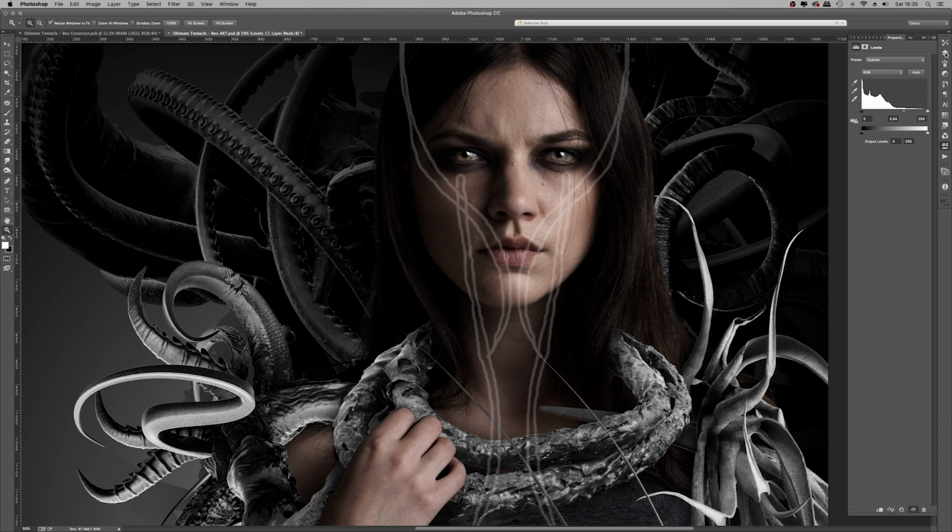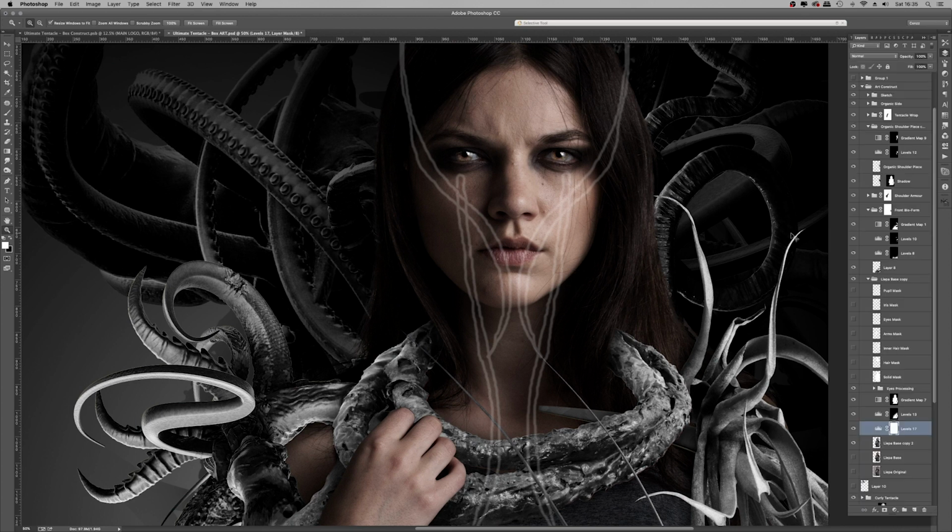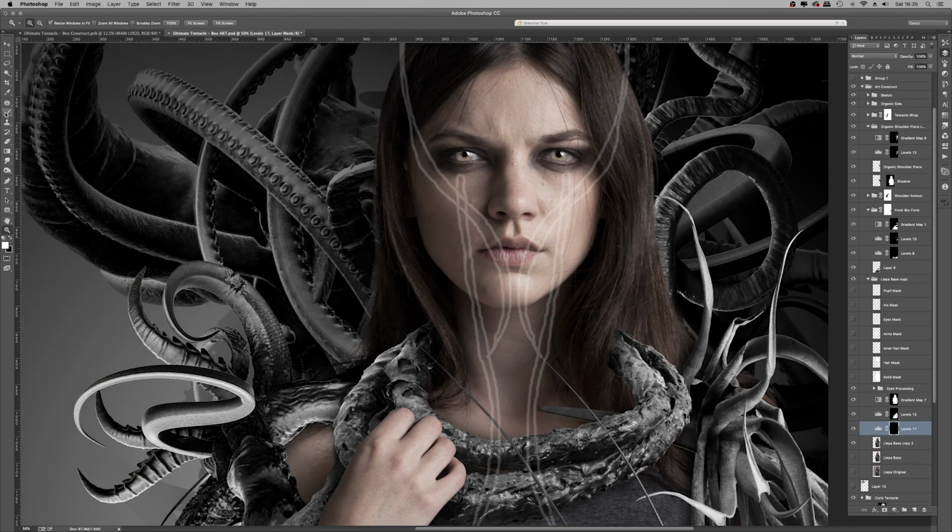Okay, now this is a very quick and dirty dark eyeshadow technique. So we dip in, we've got levels once again, we pulled the values down to darken the area. We inverted it, Command I, Control I on Windows, and then selectively painted in the darken with a white soft edge brush.